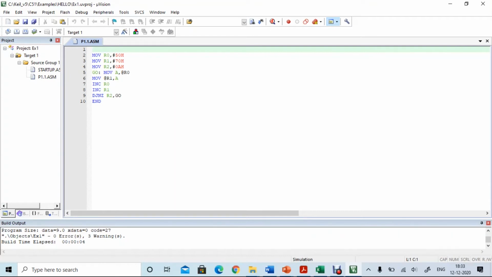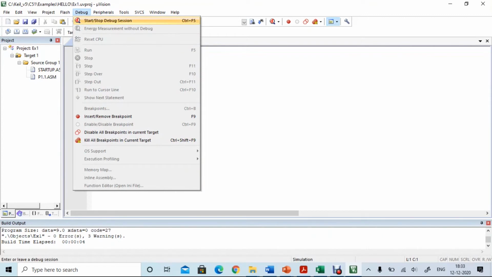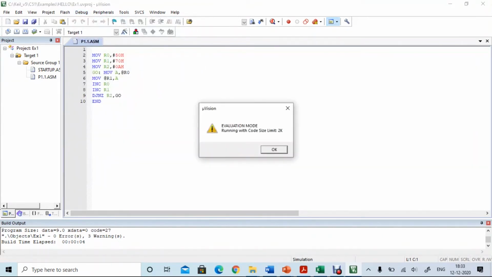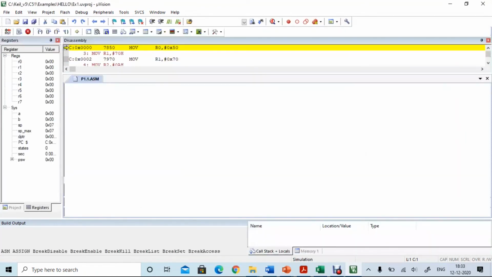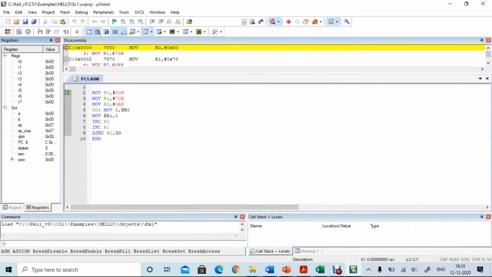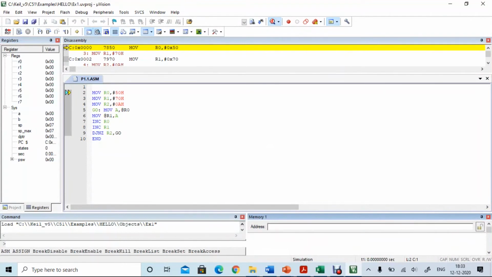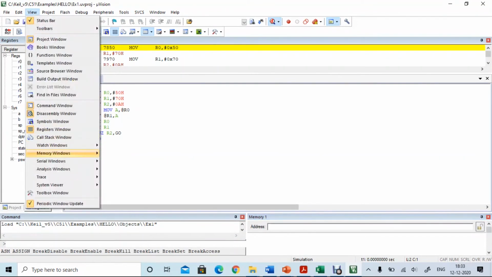Next we have to go to debug and click on start stop debug session. Here we will be giving the input and checking the output. Input has to be updated in the address locations, so we have to go to the view and memory windows.